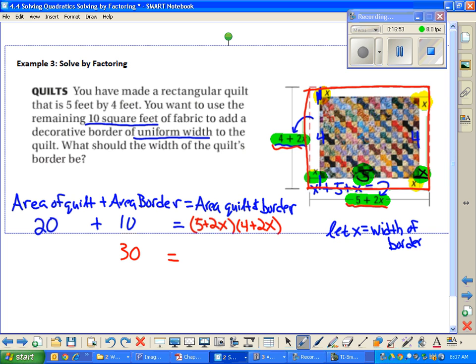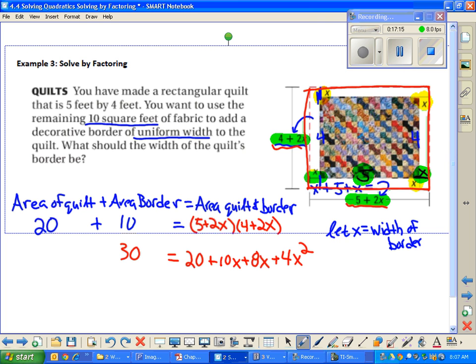And the technique we're practicing with today is solving by factoring. So I'm going to go ahead and FOIL this right side. 5 times 4 is 20, my firsts. My outers would be 10x. My inners would be 8x. My lasts